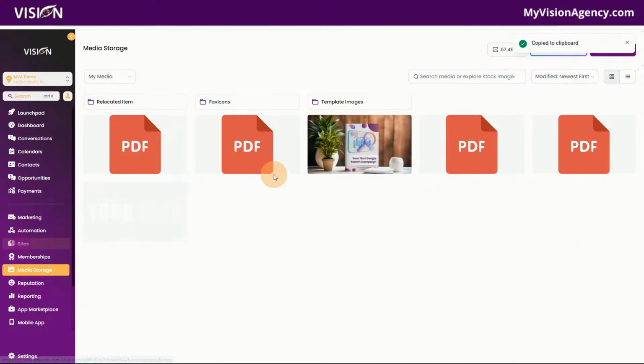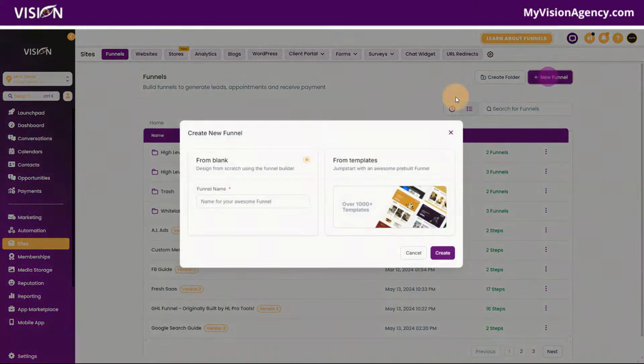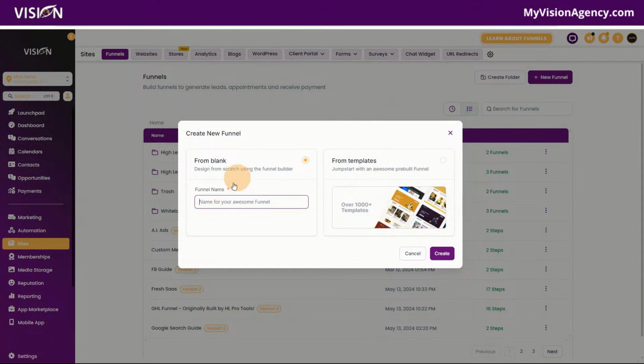Let's go into our sites section now. And we just want to create a simple lead magnet funnel. So I'm going to click funnel here, and we could choose from a template, but I don't really want to focus on design so much today. I just want to focus on the functionality of the lead magnet funnel. Okay, so let's say lead magnet funnel